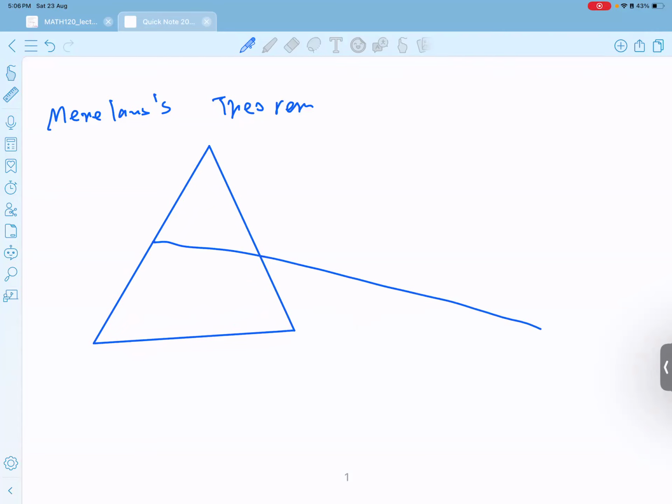So suppose we have triangle ABC, and there's D, E, F. Then D lies on the line BC, E lies on the line AC, and F lies on the line AB. And we say that D, E, F are collinear